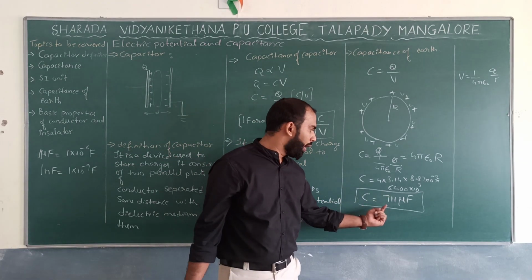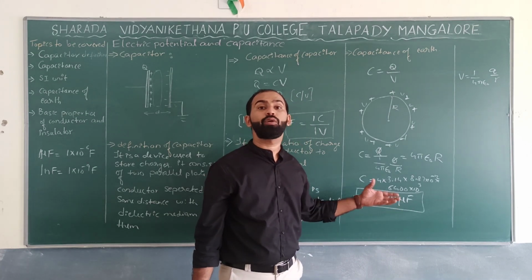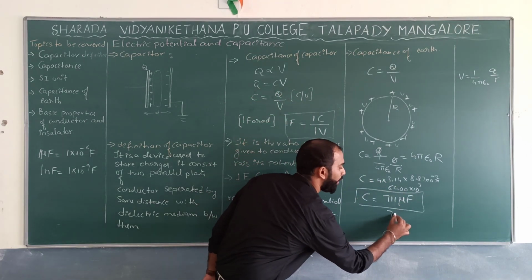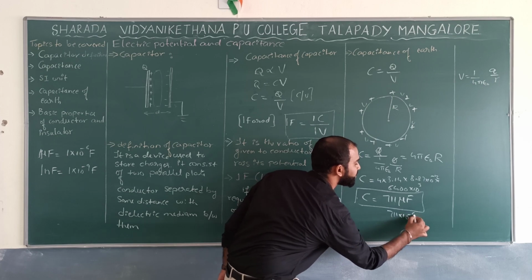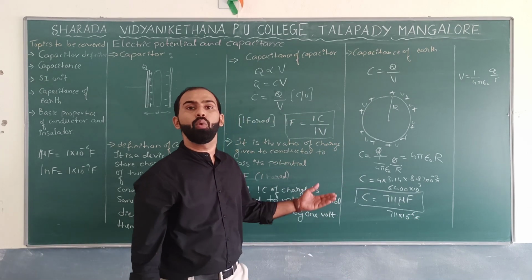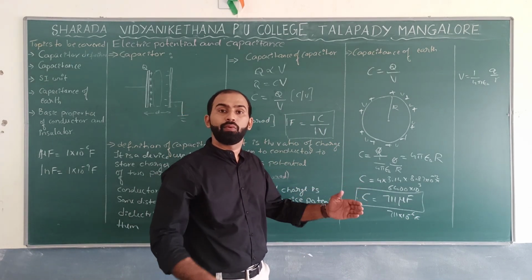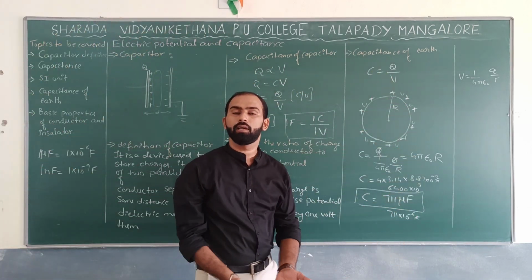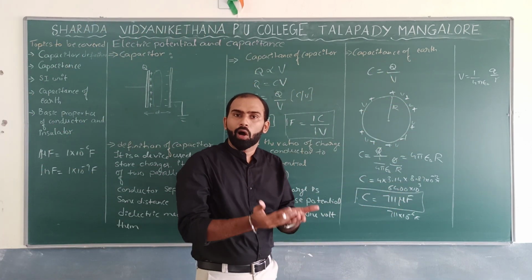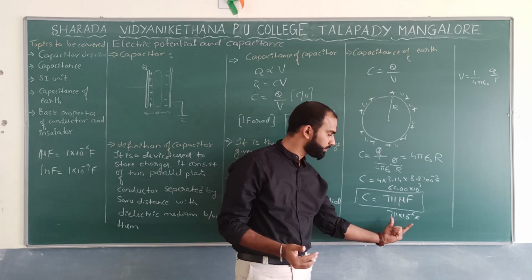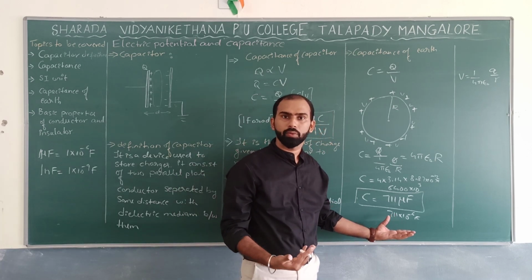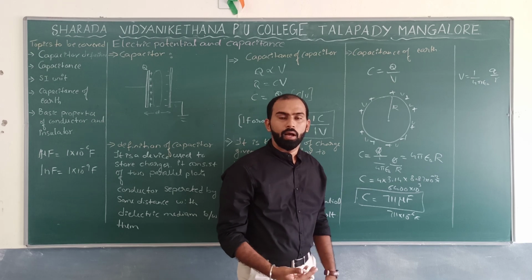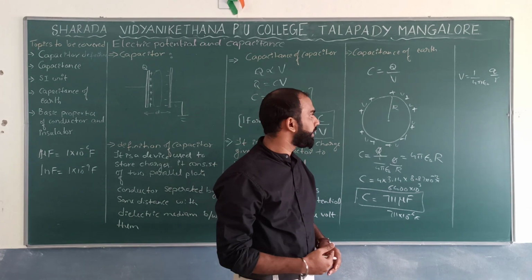It is 711 microfarad, which is nothing but 711 into 10 to the power minus 6 farad, which is not at all 1 farad. So think, even though your earth is this big, it has a capacity of only this much. Only this much it can store. Are you getting it? And one more thing we need to concentrate on here is that